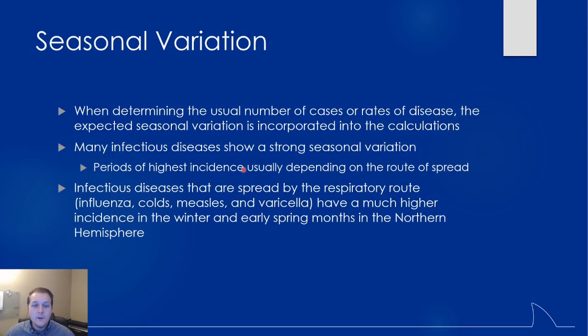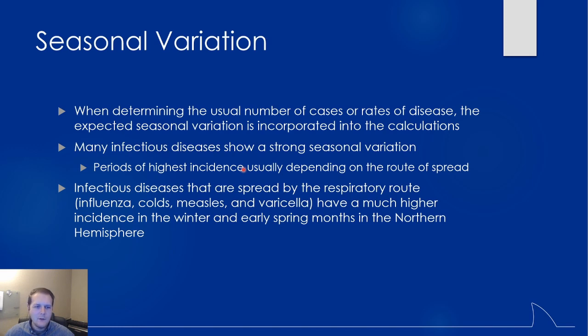So looking at seasonal variation, right? We see this all the time with a lot of infectious diseases. We can look at usual cases or rates of disease, look at the expected seasonal variation, and try to incorporate that into the calculations, right? Otherwise it would look like we're having flu epidemics every single year, but that's really just part of the seasonal variation. You think about different types of infectious diseases where certain periods are going to have the highest incidence,